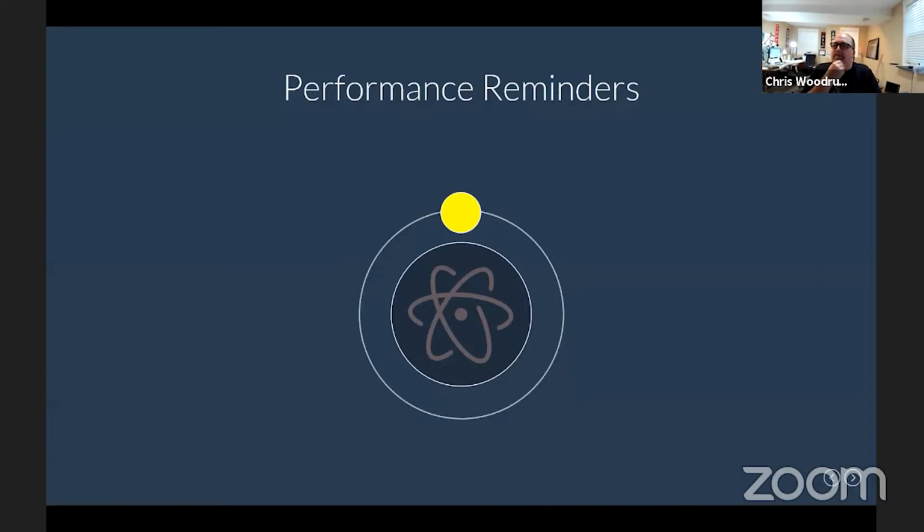There's a few things before we get done, some performance reminders that you have to remember when you're building an Electron app. Don't use unnecessary modules. I mean, we're all guilty of installing npm packages inside of our projects and then forgetting about them and going, oh, it's no big deal. I'm not using it, but it's not going to hurt anything.